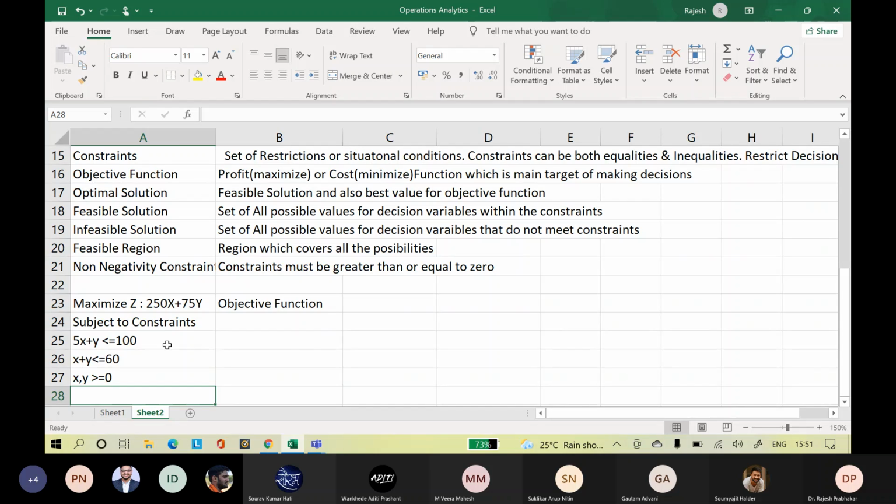So we have to maximize Z equal to 250x plus 75y, which is our objective function, subject to these constraints. All of you have done this?